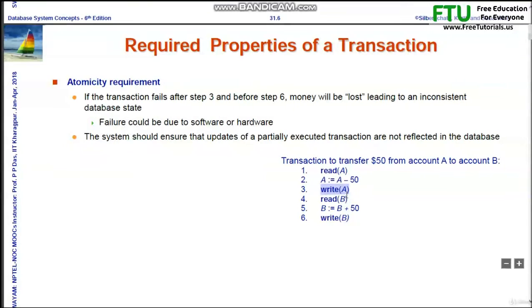After committing the transaction, it will be written into our database. This is a partially executed, not completed transaction, so it will only be written in our buffer. After committing the transaction we will write it to our